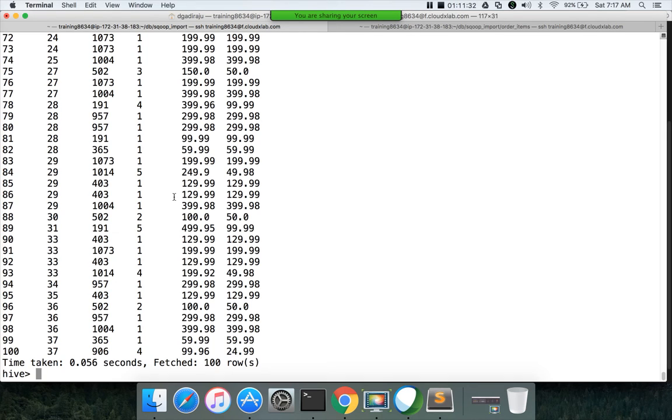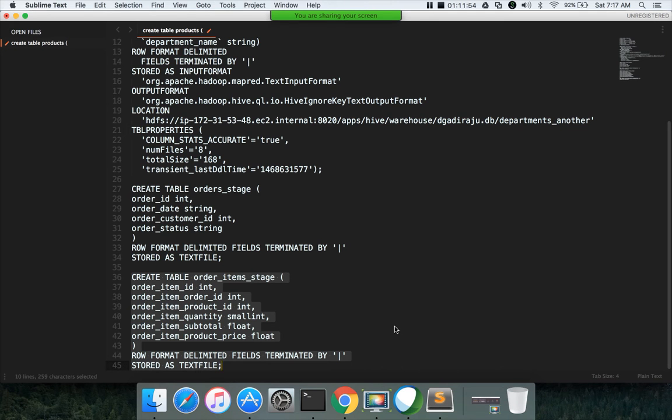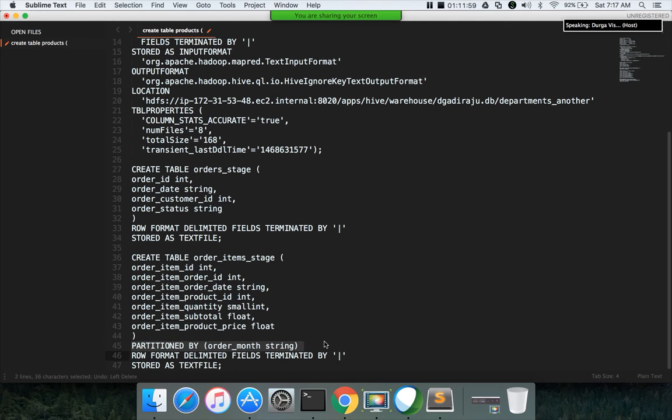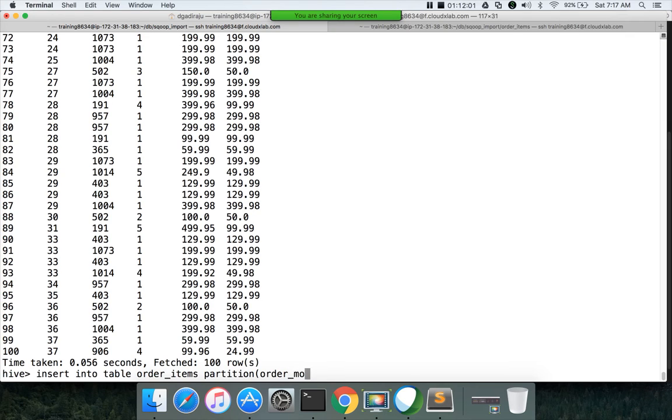To load data into this table, we will run the command insert into table order items partition. We have to specify the partition column name, order month itself. We have to give the exact name here.